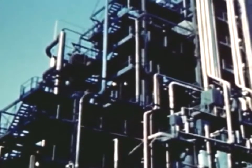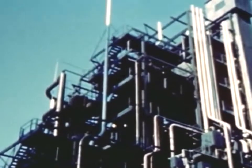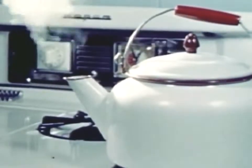The first step is to separate the crude oil into the parts that you saw a moment ago. This is done by distillation. You know that when you boil water, the vapors